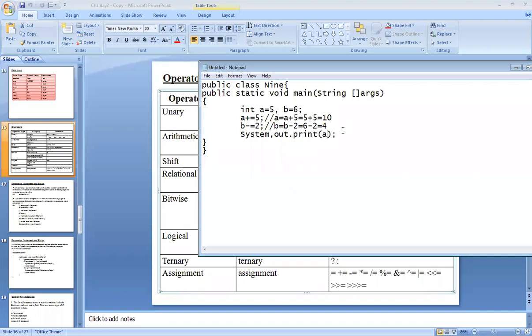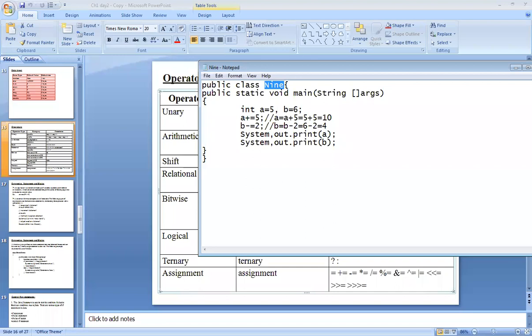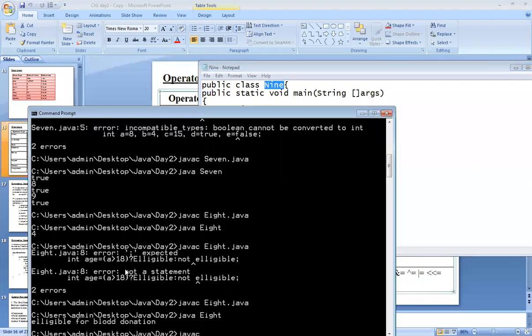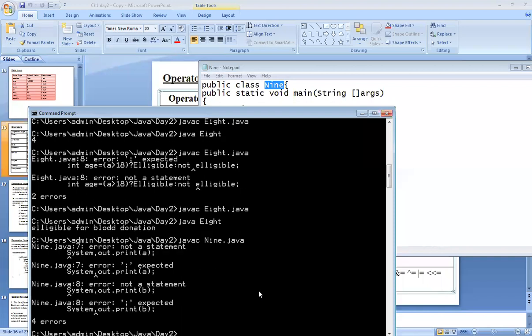Okay, so first I will print the value of A, and second I will print the value of B. First I will save it. Now see why this error is there.